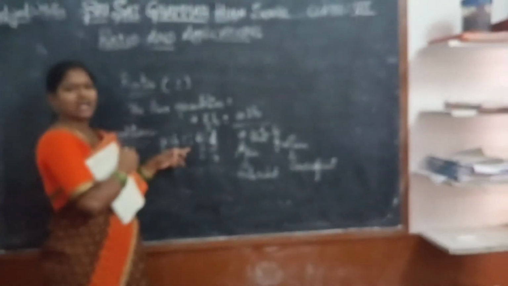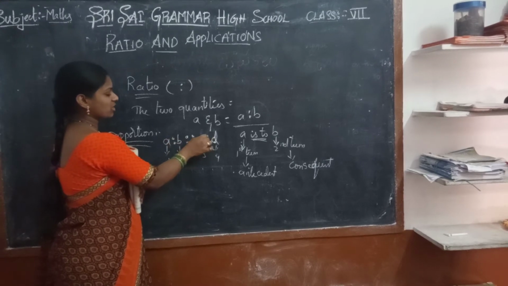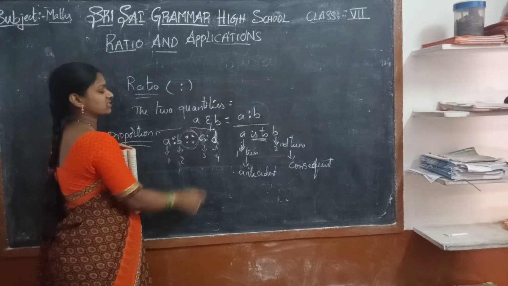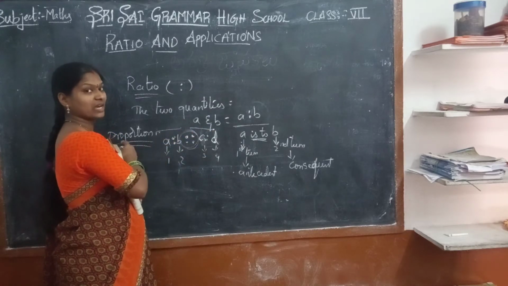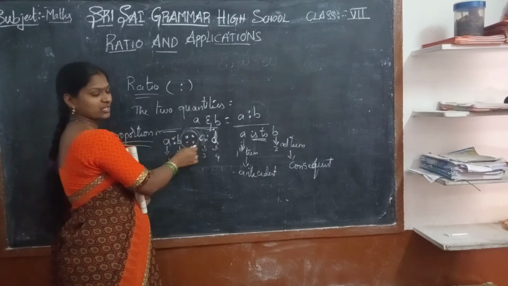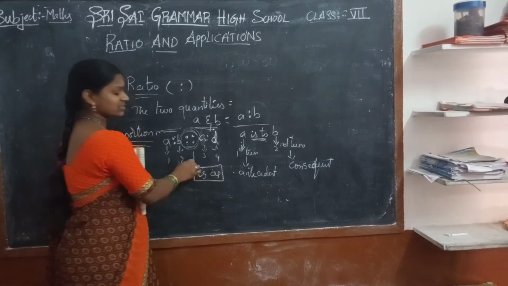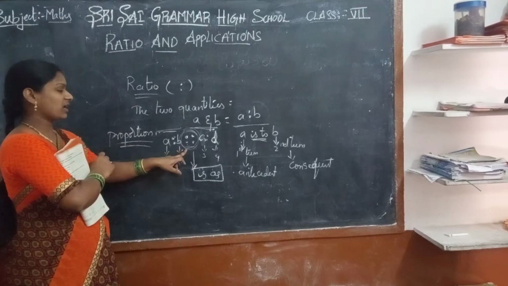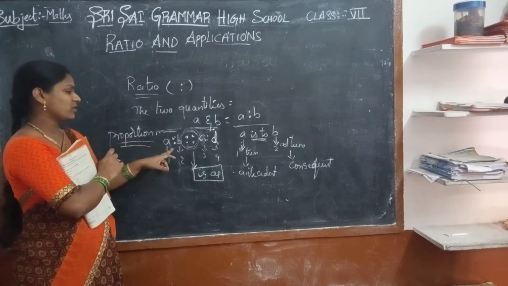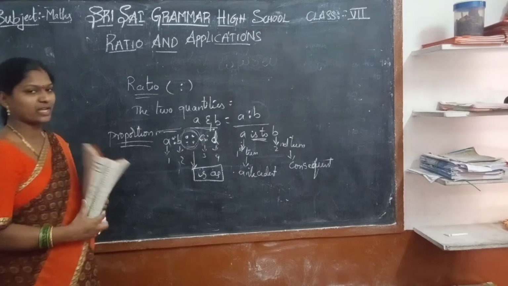This is applied with these two ratios. Combining the two terms, this is one ratio and this is the second ratio, totally four terms, and it is applied in the proportion like this. It is called is as. A is to B is as C is to D. It is read as is as. If the proportion of four terms in two ratios is given like this, you are going to apply it. Okay?